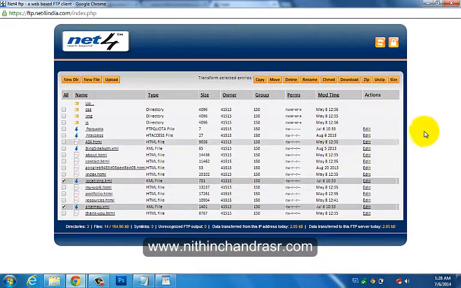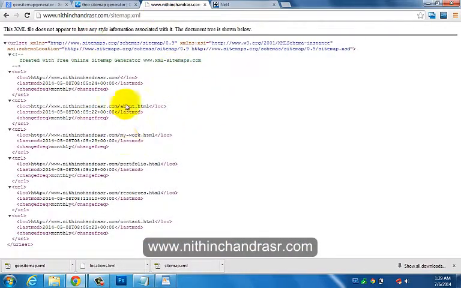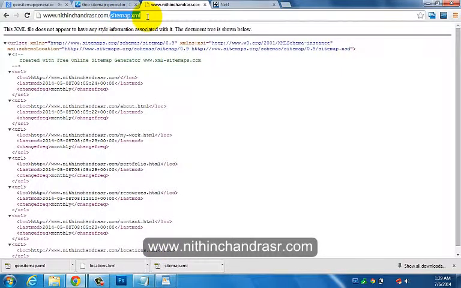So we can check this in our domain. This is the previous sitemap.xml, so I'll just refresh this. You got another node which is saying nitinchandrasa.com/locations.kml. So we can check whether locations.kml is also added or not.